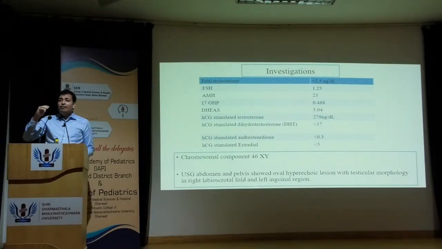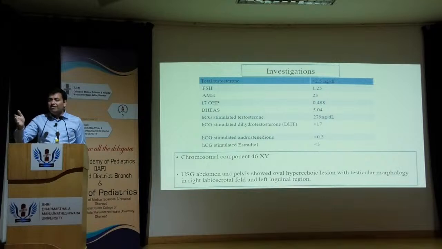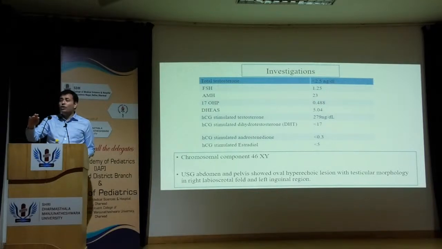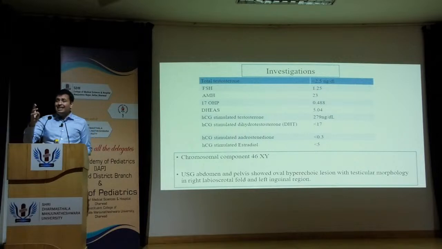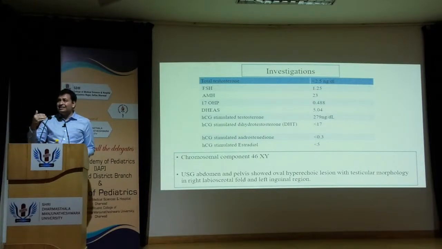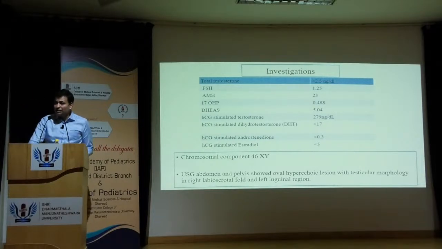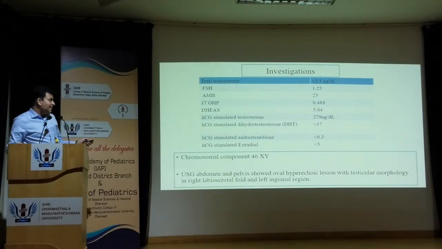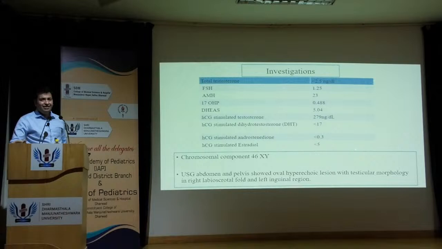And lastly, we look at the dihydrotestosterone level, which is the final effector of androgen on the genitalia. So the length of the penis, the hair on the body, especially the androgen dependent sites, and the baldness later is all regulated by dihydrotestosterone. So we looked at these, and as anticipated, by then it was looking like a child with 5-alpha reductase deficiency,